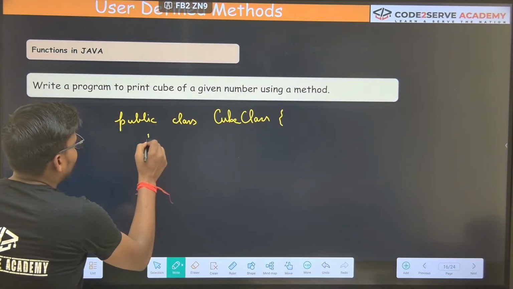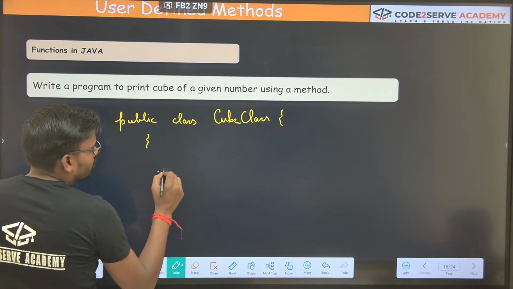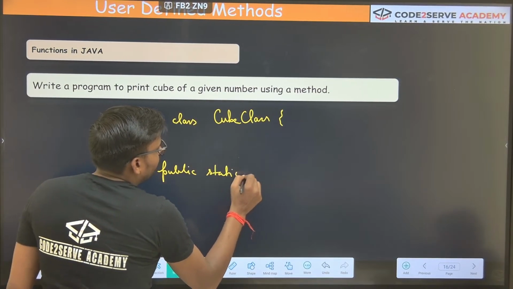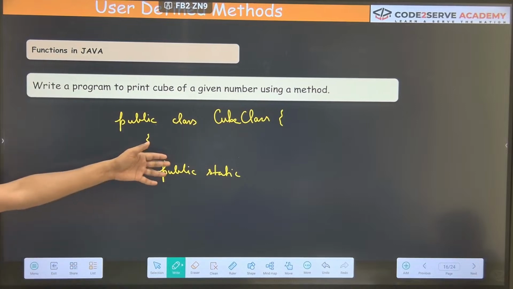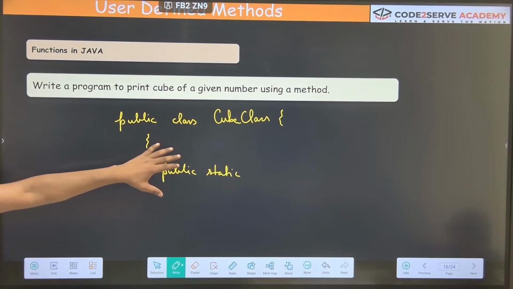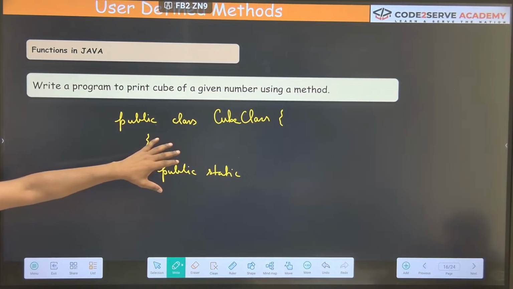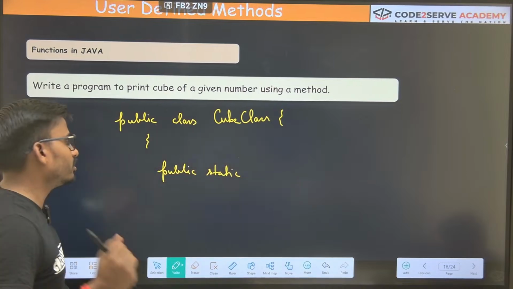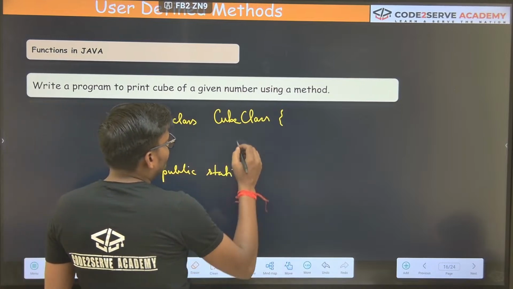So here we'll write public static. What is the use of static? I have already mentioned it. If you write static in the function definition, then whenever you call it, there is no requirement to create an object. If you don't write static, you have to first create an object, then use that method. So public static,